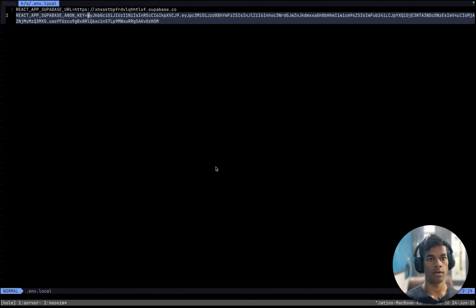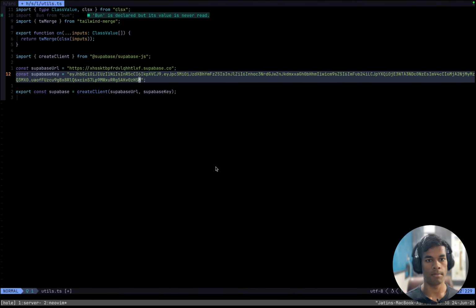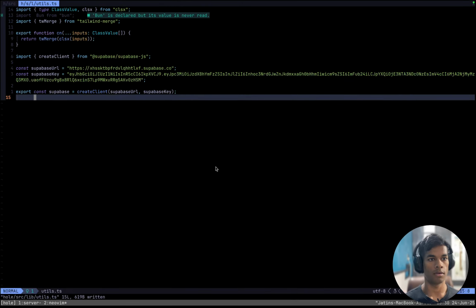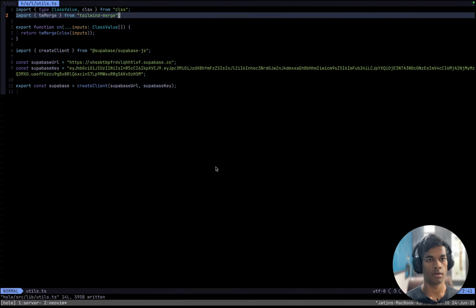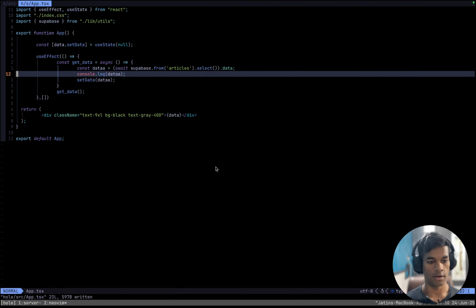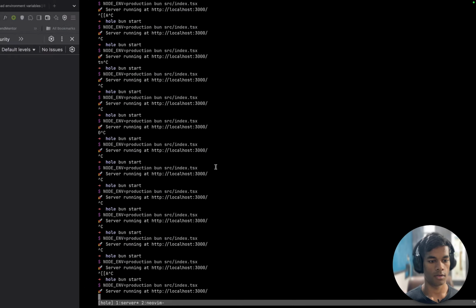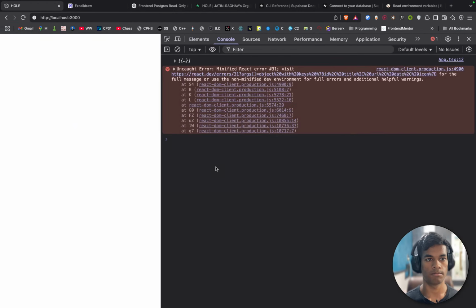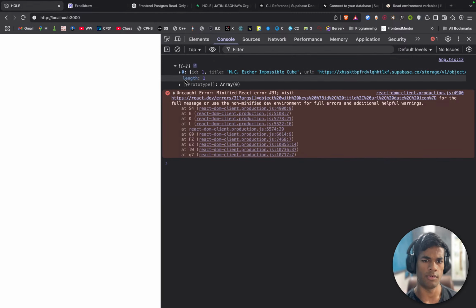We go to the end, copy, paste. I can remove one import and get data, log data, stop, run, restart. Okay, minified React, that is some error which I don't know what it means. But other than that, we have this.